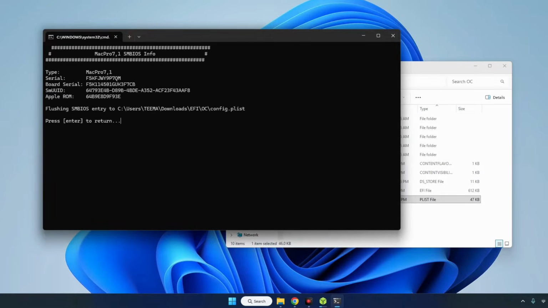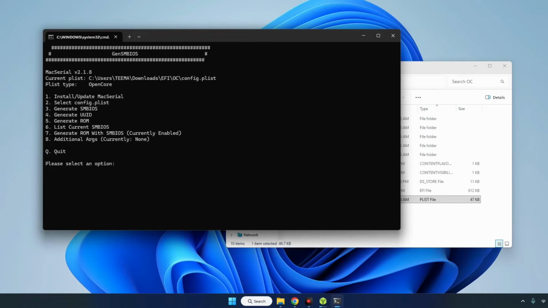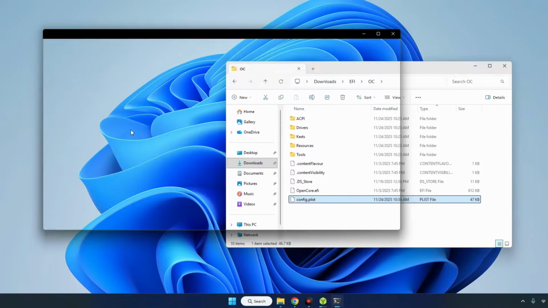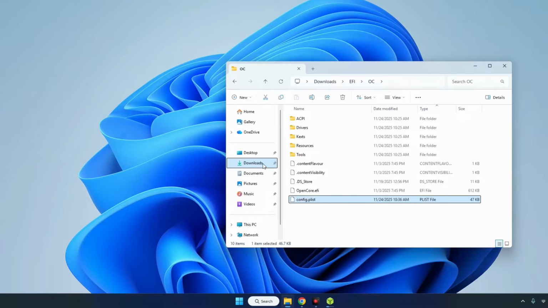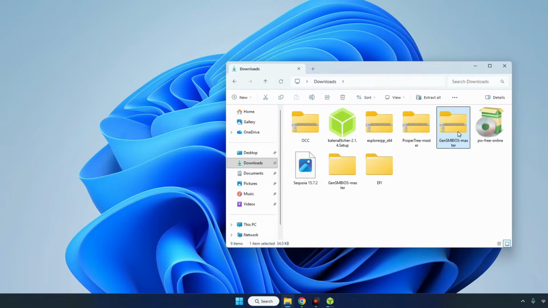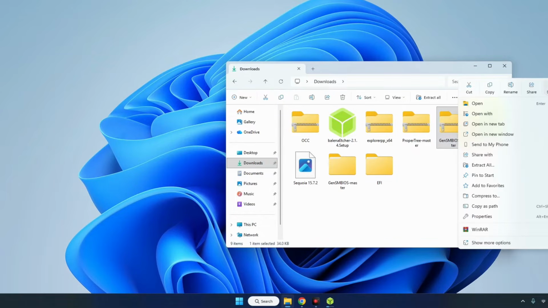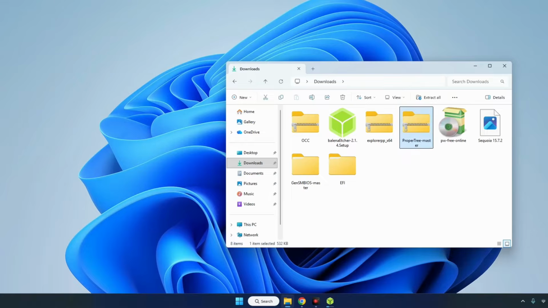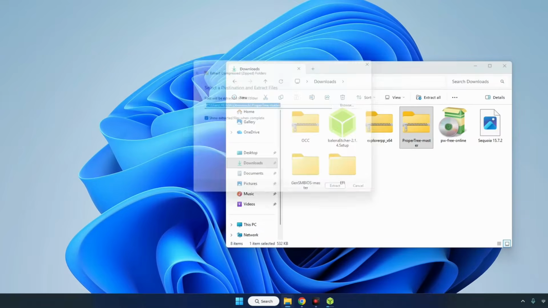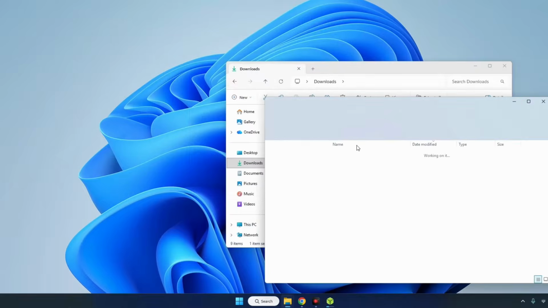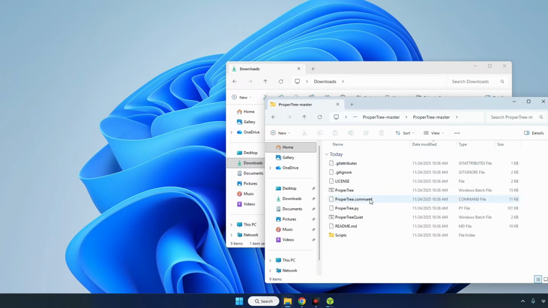And hit enter, and it has generated serial, board ID, and system UUID for our Mac. Now enter to return. Now we can quit, and we can delete GenSMBIOS. Now let's extract Propertree. And if you open Propertree and run Propertree Windows batch file,